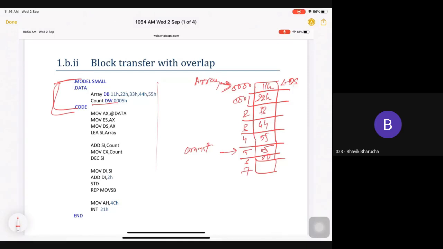Now, suppose I want to access 05 from this data segment. What am I supposed to write? DS colon 0005, and I will get this location. If I want to access 44, I need to write DS colon 0003. Yes, sir. Okay, so keep this in mind. So this is my data segment currently. This is the situation in the data segment after these two instructions are done. So these two instructions are over. Fine.